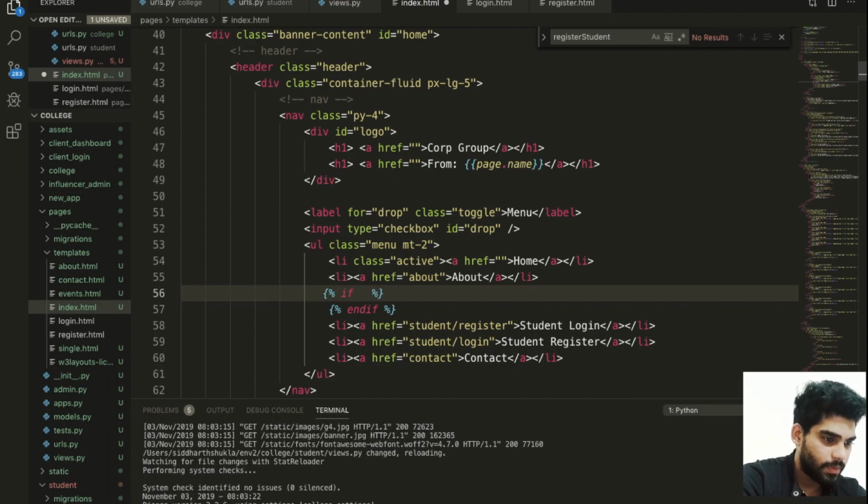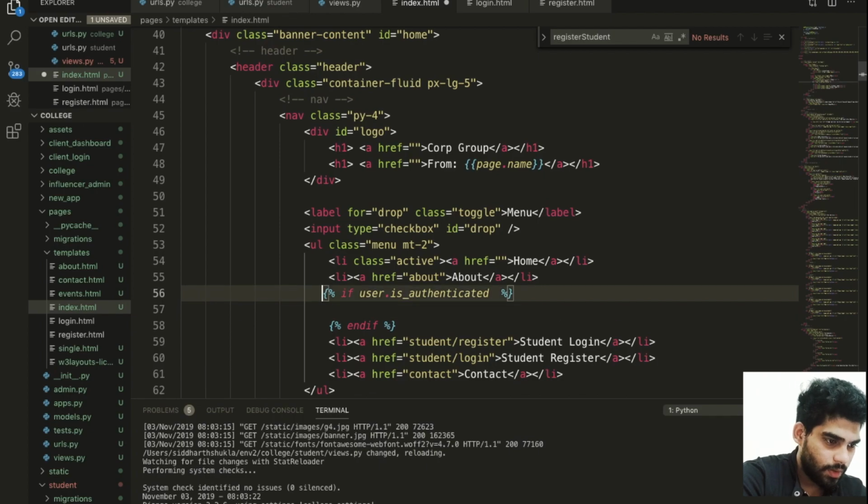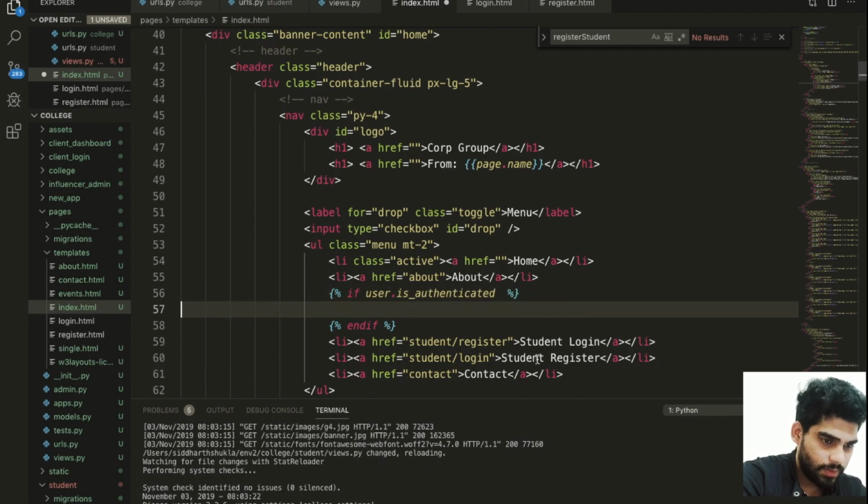So if user dot is_authenticated, okay, then what we do, we will print something here. If user dot is_authenticated is true, then we will